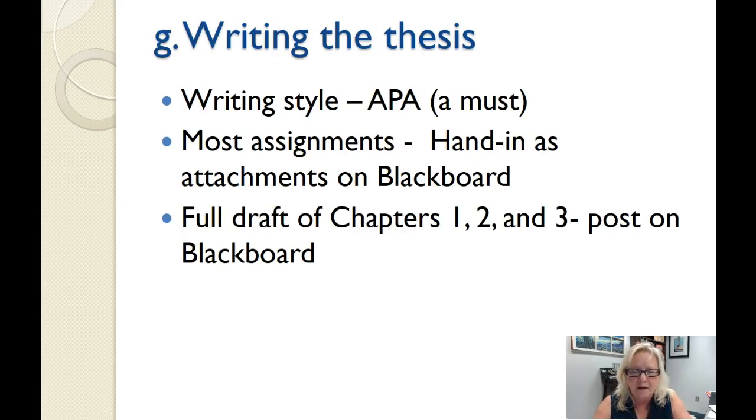You'll see that the one book that I've required is the APA 6th edition, because it's going to be important to do this. We give you some help in constructing the detailed outline of the thesis, which gives you some help with the APA style, but you're also going to need to do at least 20 to 25, maybe 30 references in APA style, and they're going to be a mishmash of different sources, so you're going to have to learn how to do that.